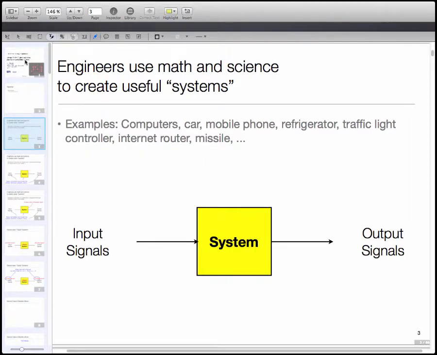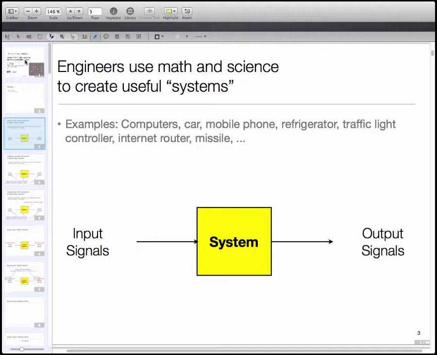What we are doing in this course is really, in effect, designing a type of system. Engineers deal with systems all the time. This building is a system, a car is a system, a computer is a system. A system, in a very abstract way, is something you design which takes some input and